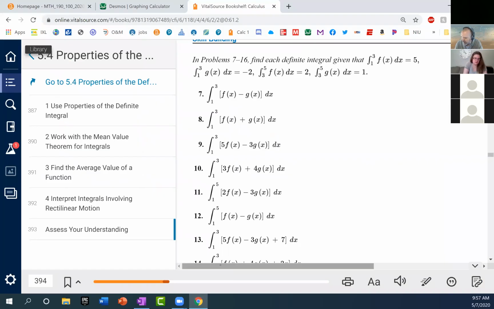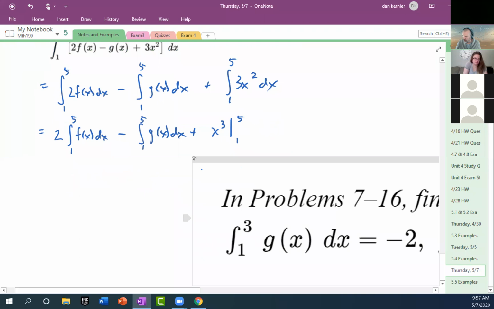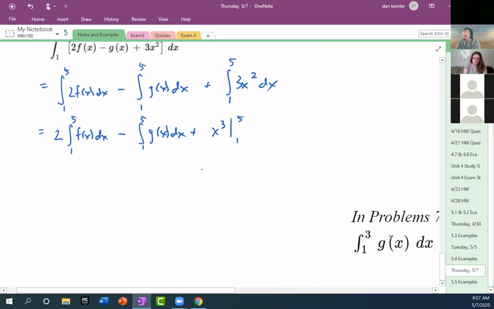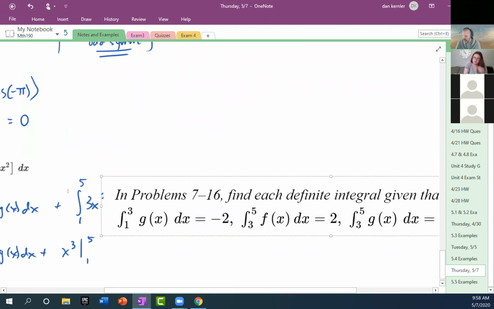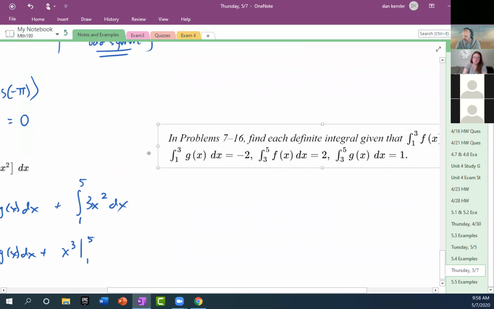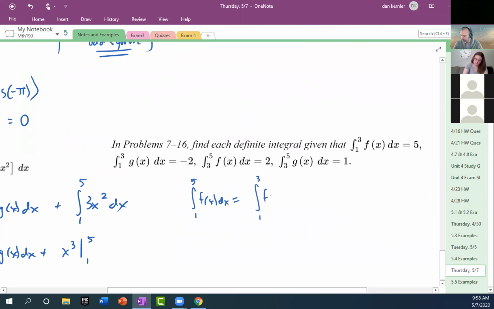So we're going to do some side work now. I'm going to go over to the side and try to figure out the integral from 1 to 5 of f and g. So the integral from 1 to 5 of f of x dx, another property of integrals says you can do from 1 to 3 and then add from 3 to 5. So that will be 5 plus 2